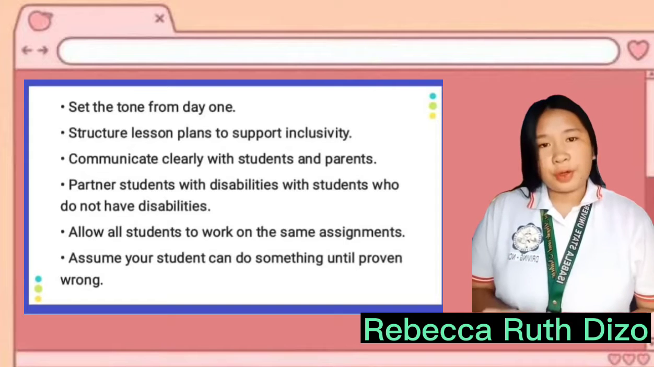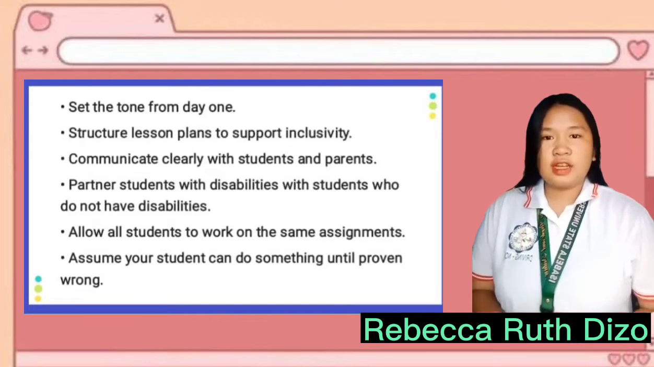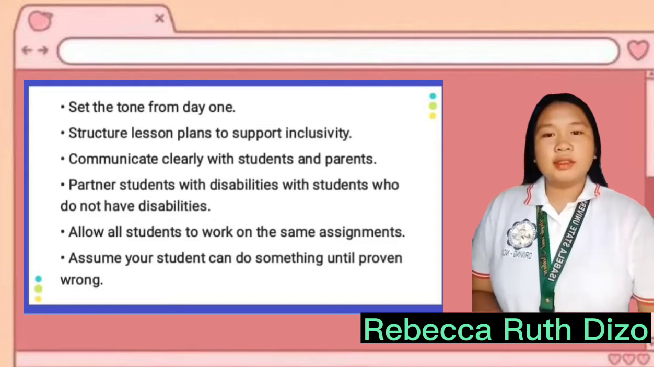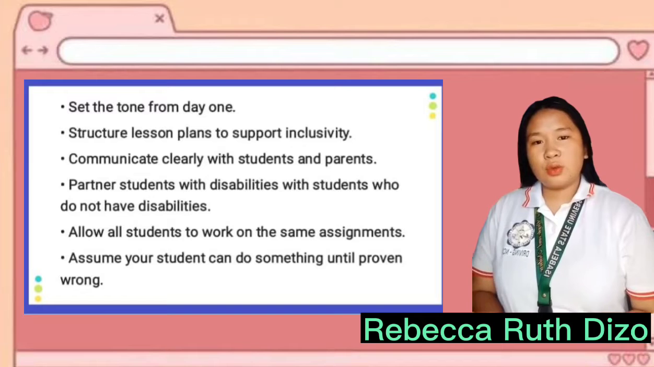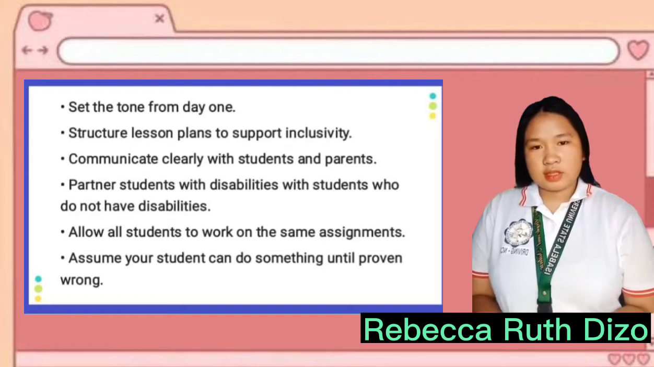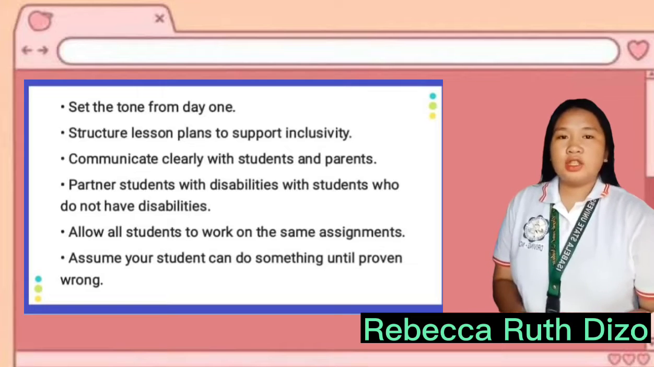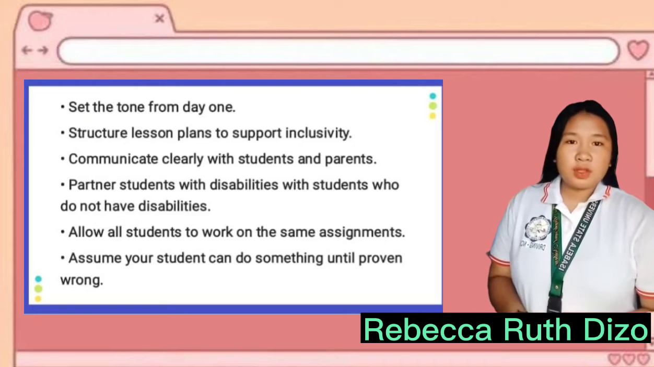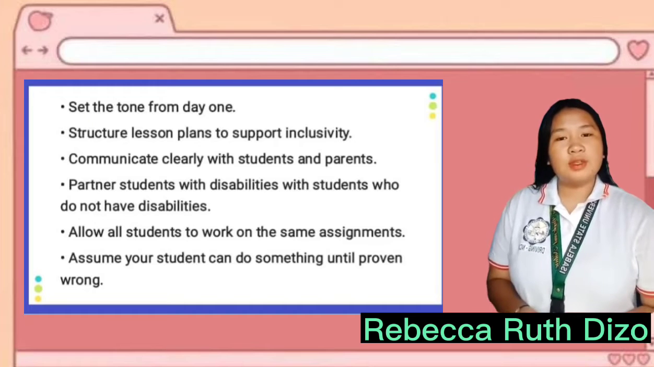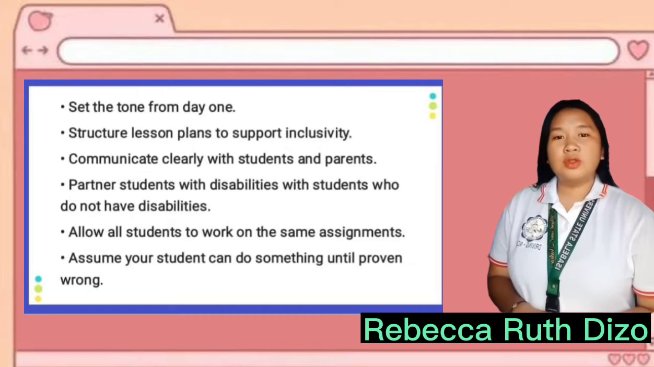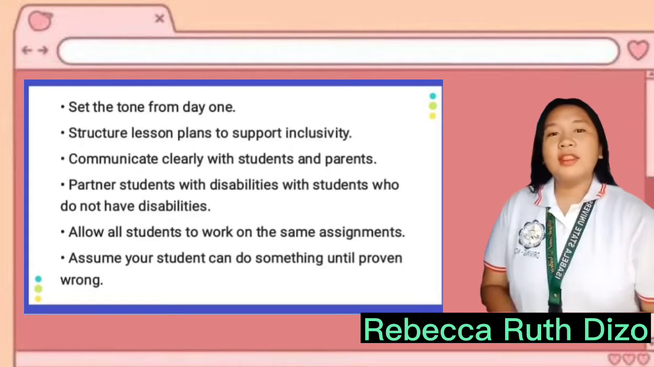Also, share this information with the parents so they can support their children in being successful. Next is partner students with disabilities with the students who do not have disabilities. Peer mentoring is a wonderful resource for teaching social skills, problem solving, and independence. It allows both students with disabilities and those without to appreciate each other for their strength and to learn from